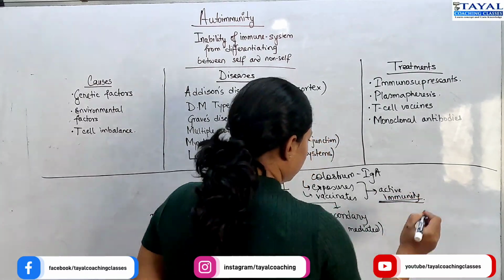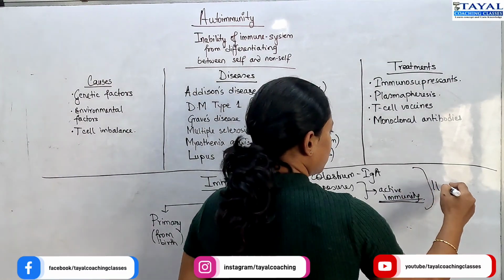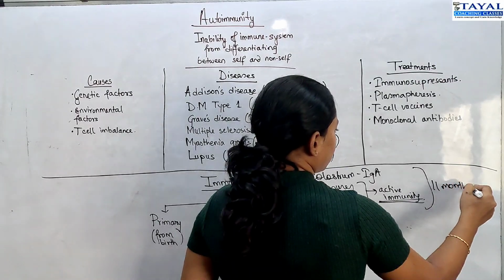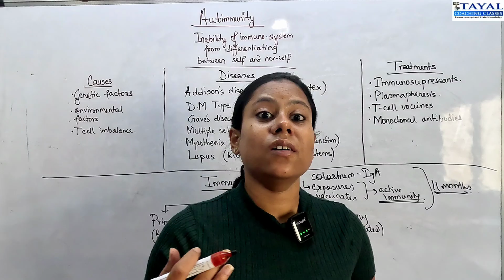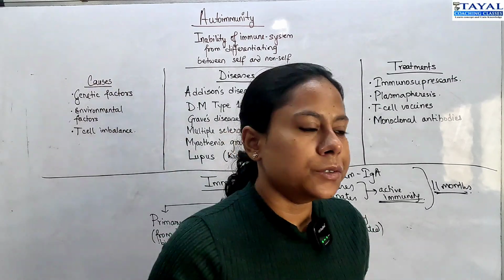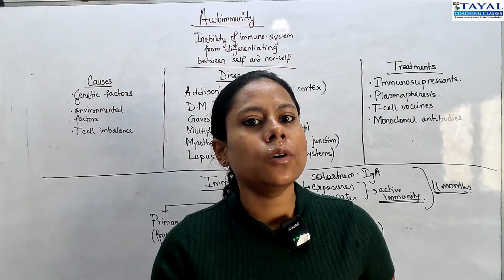Right? Now, this whole process takes about 11 months in a baby's body. And post these 11 months, the more frequently vaccinated or exposed babies usually tend to develop a more robust immune